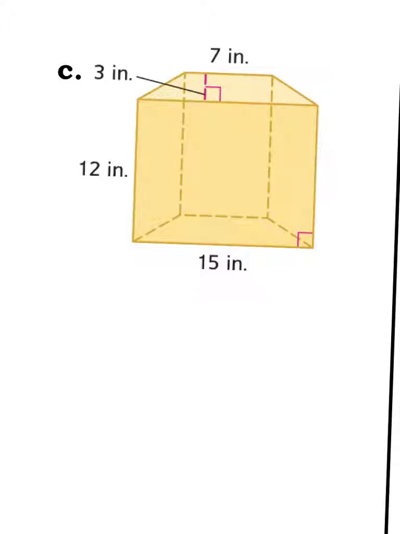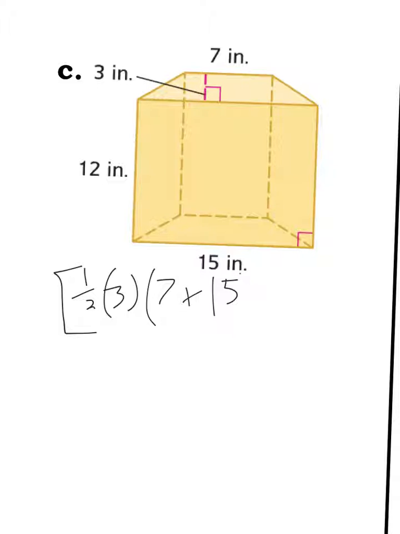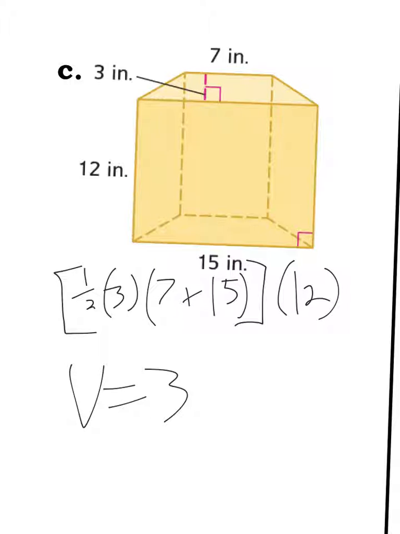Okay, on this one, here I have a trapezoidal prism. So you need to do the area of the base. Well, that's going to be 1/2 times your height of the trapezoid, so 3, times base 1 plus base 2 from the trapezoid. And then you're going to times that by the height of the prism, which is 12. So your volume is going to equal 396